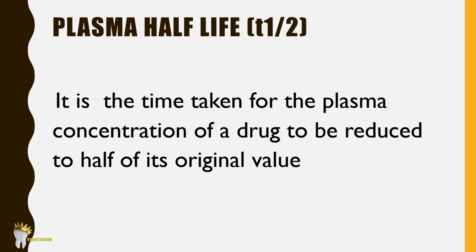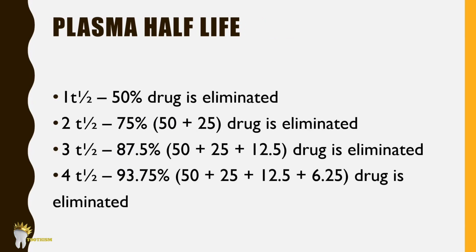Now what is plasma half-life? It is the time taken for the plasma concentration of the drug to be reduced to half of its original value. So a drug's half-life depends on how quickly the drug is removed from the plasma. Different drugs have different half-lives. After one half-life, 50% of the drug is removed. After two half-lives, 50 plus 25 means 75% of the drug will be removed. Likewise, after three half-lives, 50 plus 25 and half of 25, which is 12.5,